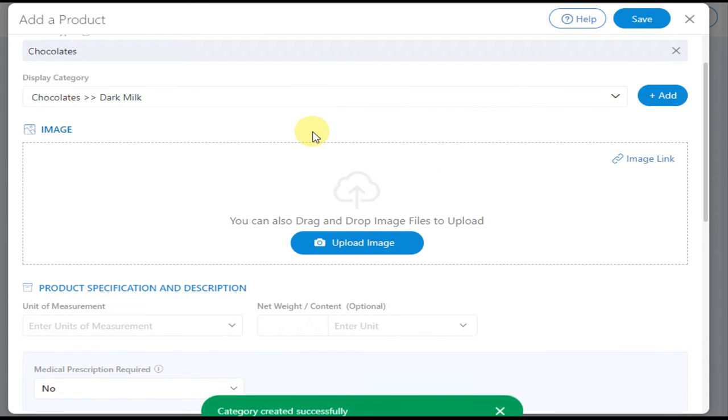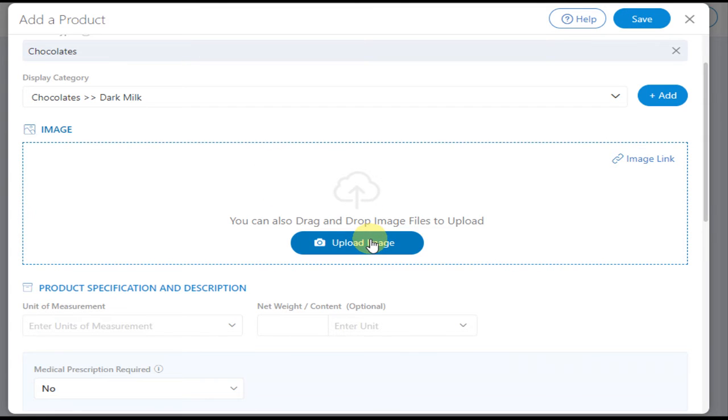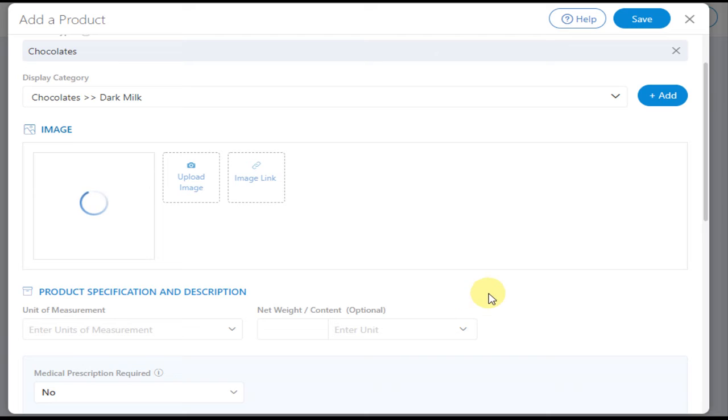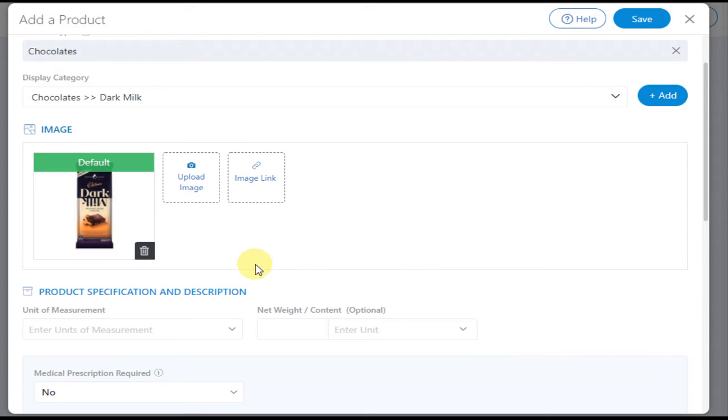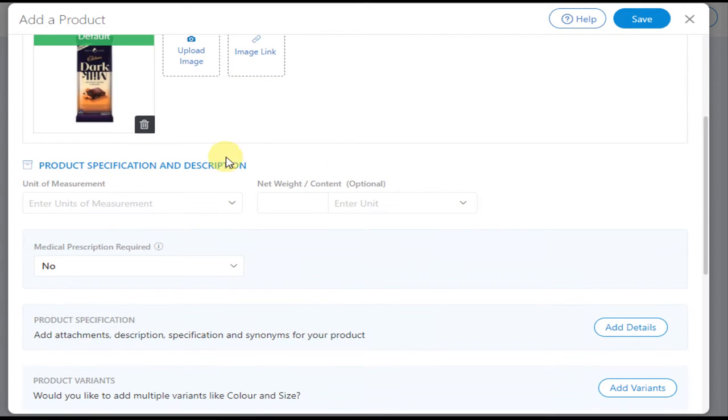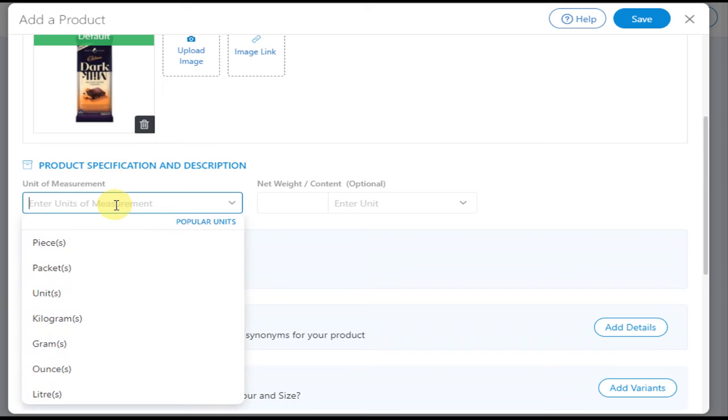Now to upload images for that product, click on upload image. Similarly, you can upload multiple images for that product. If you want to add an image link, you can do so by clicking on the image link. Now enter the unit of measurement for that product.